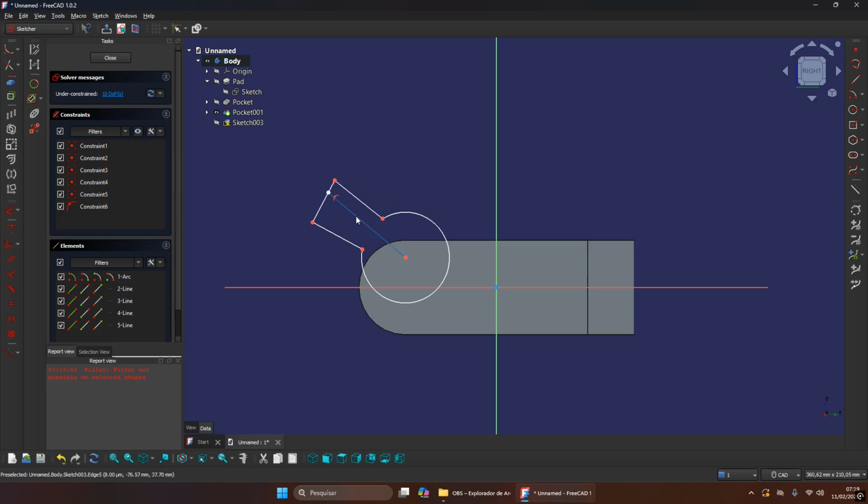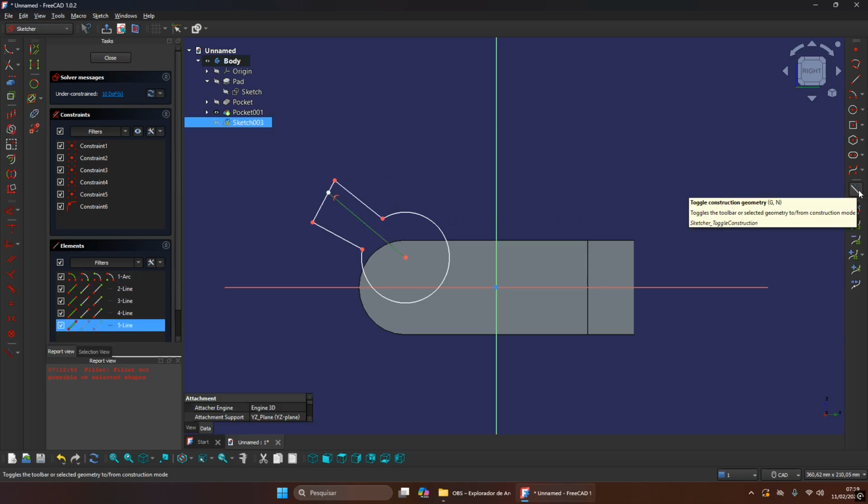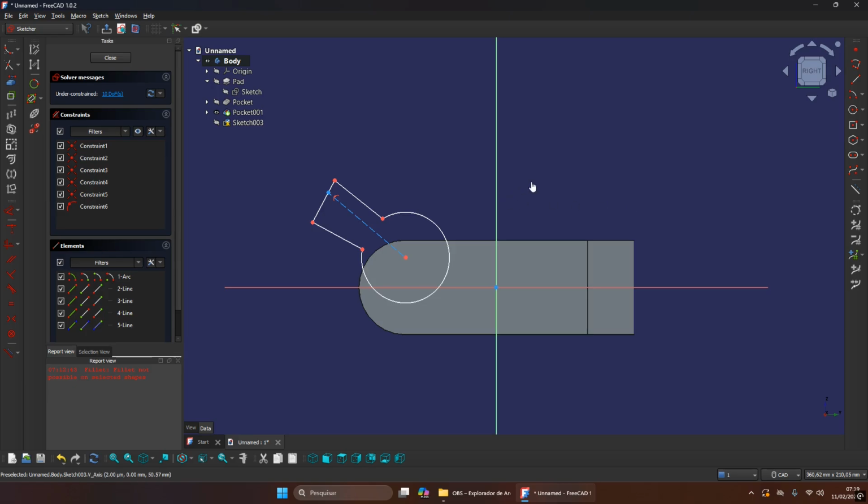And before we continue, let's change here for construction, and let's now create the symmetry condition that I was talking about. Go here to constraint symmetry, select this point, and then you can click on this line. Okay, if you try to move here, you see that these two points will be in a symmetrical relation, but